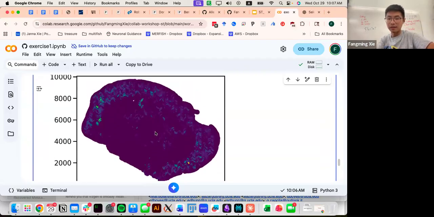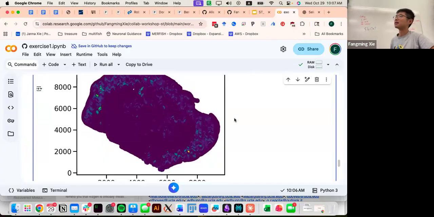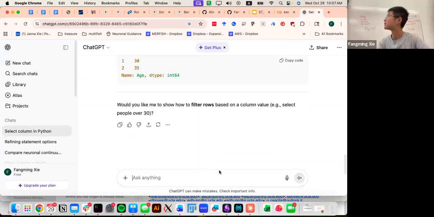What's going on here? So one issue is that I guess you have too many cells, right? Each cell is quite big, and there's no space to put in so many cells without being too crowded. Okay, so if you figure the problem is you have too many cells and things are too crowded,